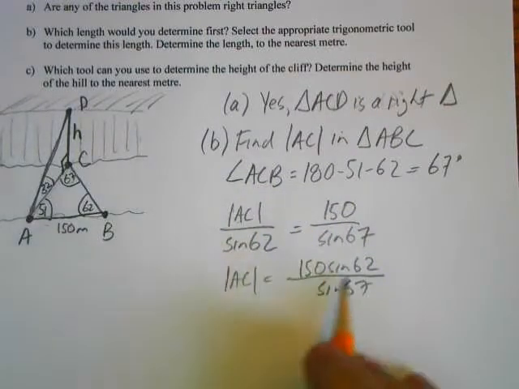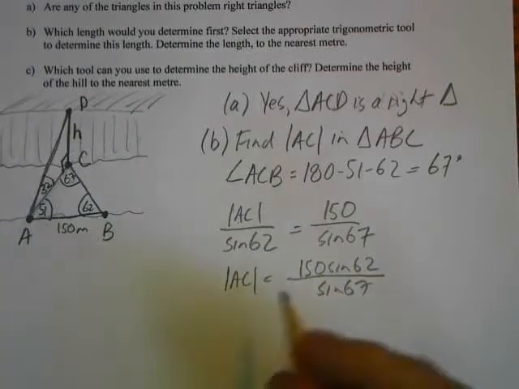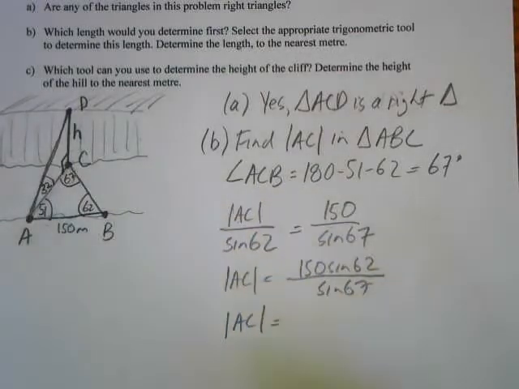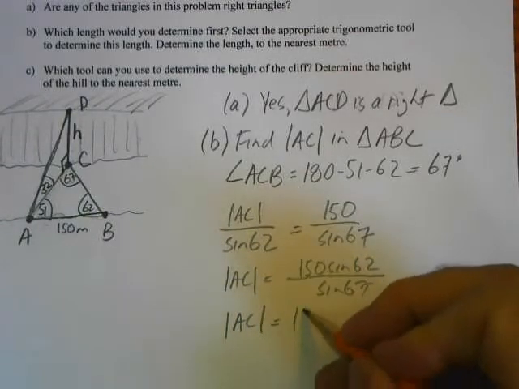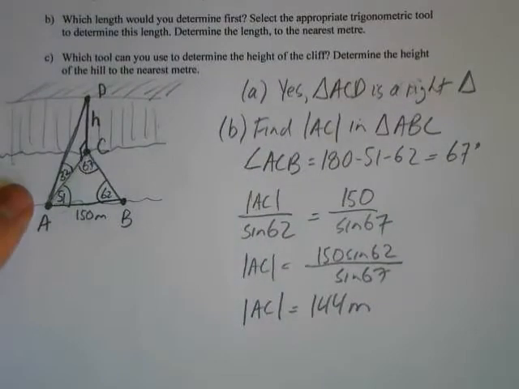Again, don't do intermediate calculations with these types of questions. Wait till you get your final calculation and then do it all at once so your rounding is more accurate. So AC, when I round this to the nearest meter, it's 144 meters. Okay, and now I can,